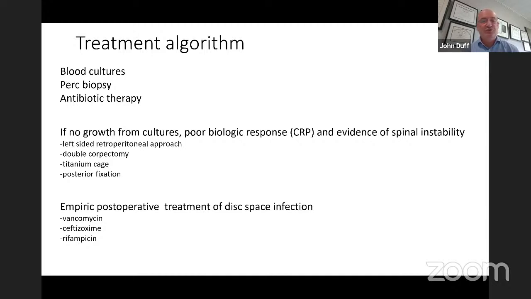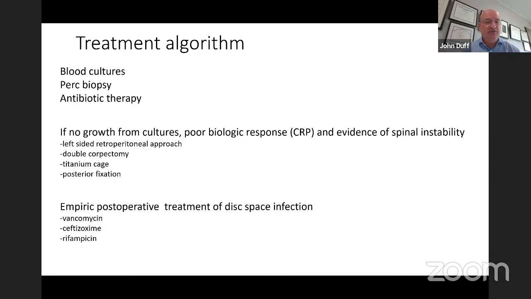And what I would do with this patient would be a left-sided retroperitoneal approach to the upper lumbar spine. I would do a double corpectomy for 2 reasons. Primarily, you want to have healthy bone above and below, and you want to debride the unhealthy infected bone. So by the time you do that, there's going to be little or nothing left of the body of L1 and L2. So having taken out the disc of T12-L1 and the disc of